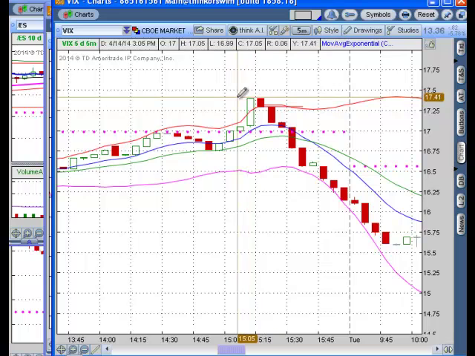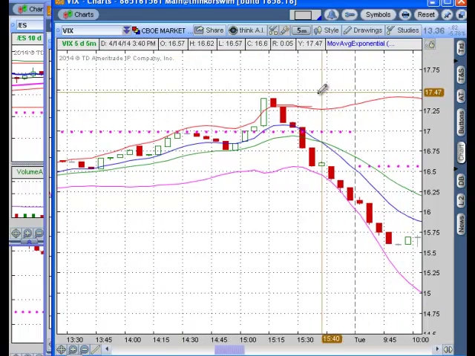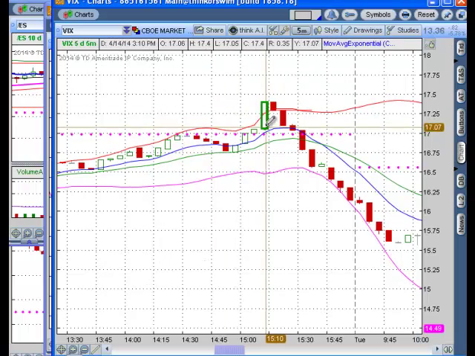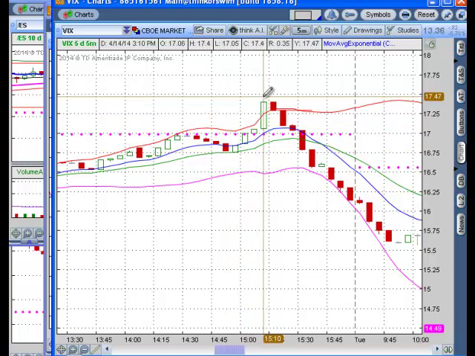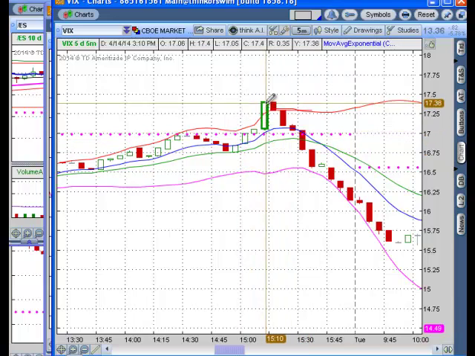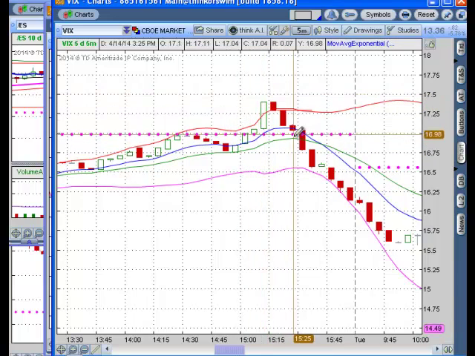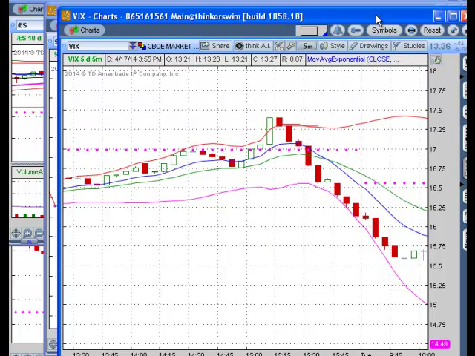Now remember, this is a 5-minute chart, so it is a little quick. So if you wanted to, you can bring it back down to maybe a 10-minute or even a 15-minute to slow it down a little bit. But if you're trading, this is what happened. Closed outside. These are Bollinger Bands. We closed outside of the Bollinger Band. We have the 8, and here's the 20 from the Bollinger Band. And look what happens. That gave you that spike up and back in. That's a sell signal. So by looking at the VIX, the vol spread, and the tick, along with the ES,